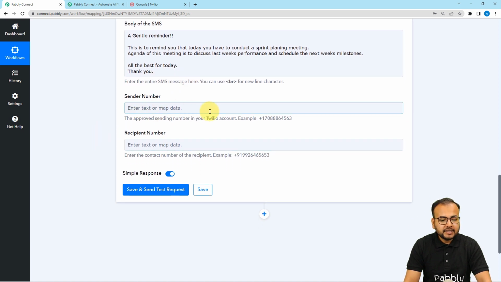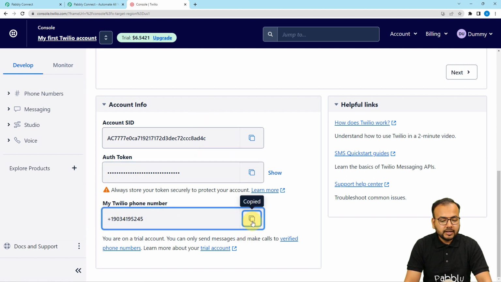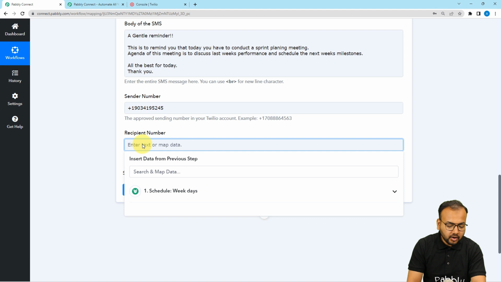Here it is asking for the sender's number. Here you have to enter your Twilio account's number. You can find the Twilio number under Twilio's console. This is the Twilio phone number. From this number only the message will be delivered. So copy this number and paste it here. And here you have to enter your number